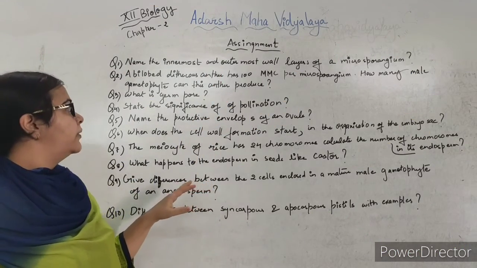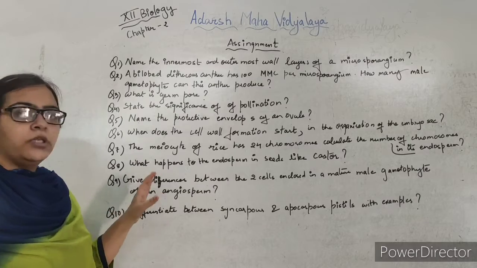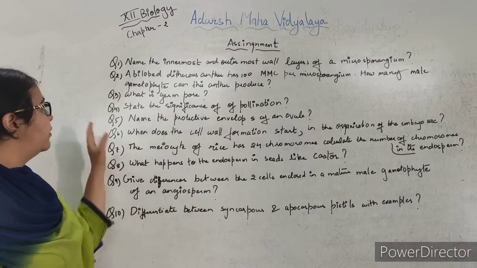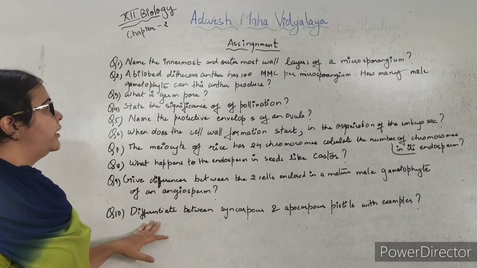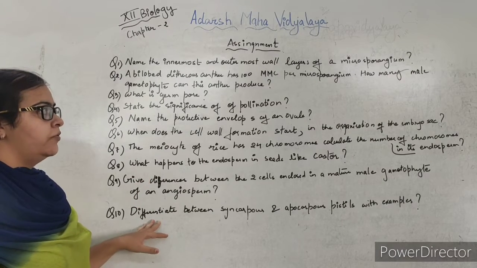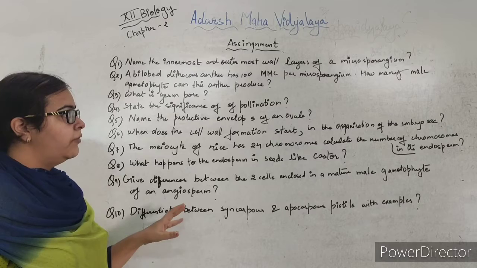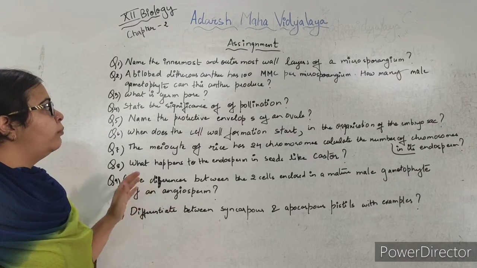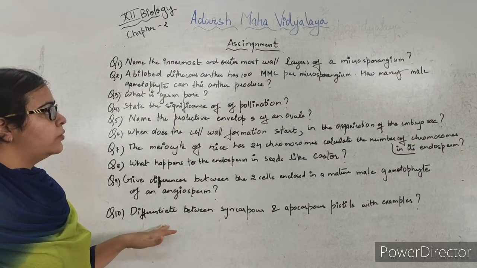Assignment for second chapter. So here total 20 questions I have given. These are the 10 and other 10 I will be giving. The first question is, name the innermost and outermost wall layers of a microsporangium. We have already discussed the structure of microsporangium, so you have to name both the innermost and outermost wall layers